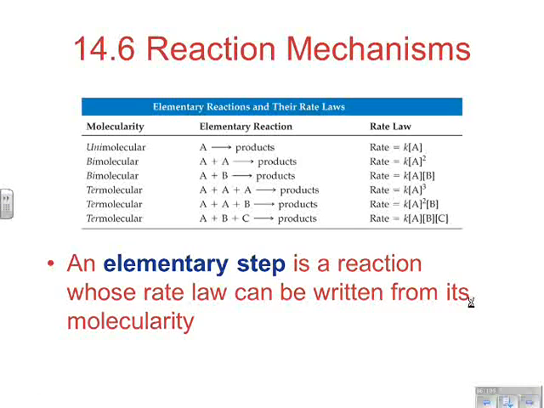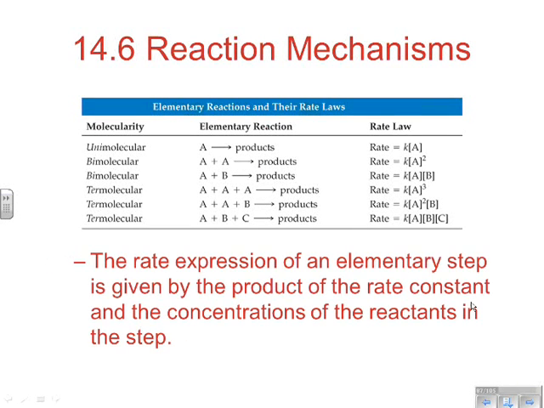reaction mechanism. So if you take a look at what's written up here, the rate expression of the elementary steps that we're looking at. Remember, we're basically only looking at these three situations up here because these are going to be our likely types of collisions in mechanisms, unimolecular and bimolecular. The rate law expression of an elementary step is given by the product of the rate constant and the concentrations of the reactants in the step. So it looks just like before, rate equals k times something. But what we're saying here is the coefficients of the reactants in our elementary step become the orders in our